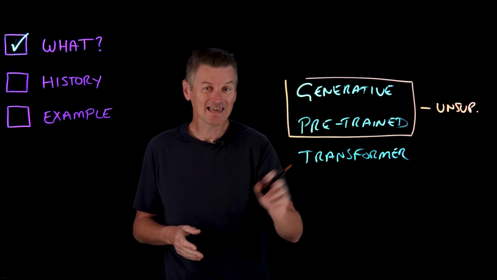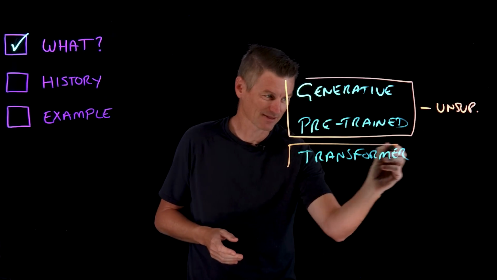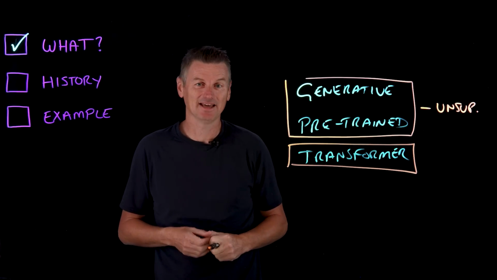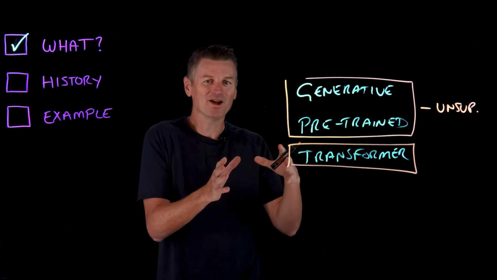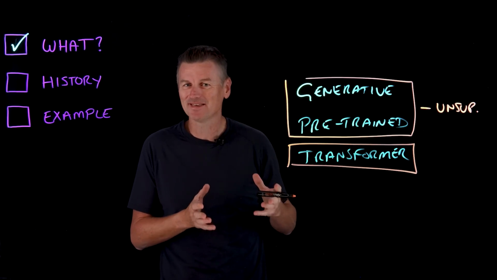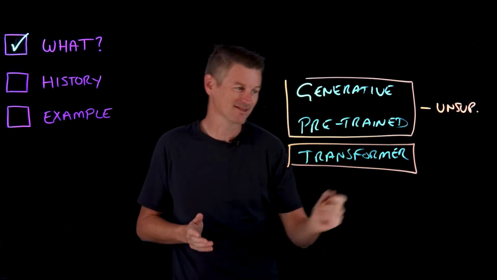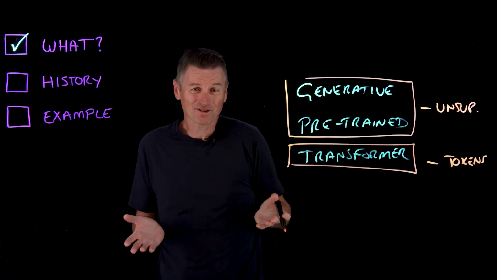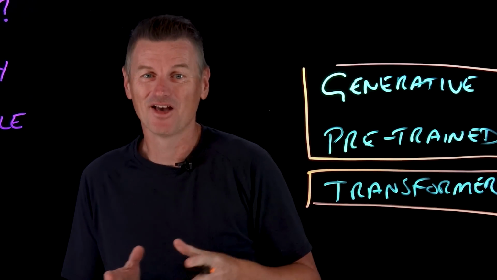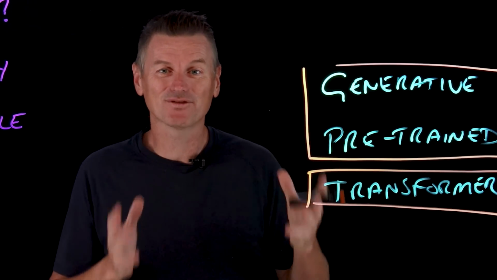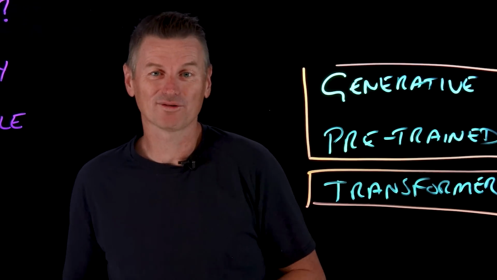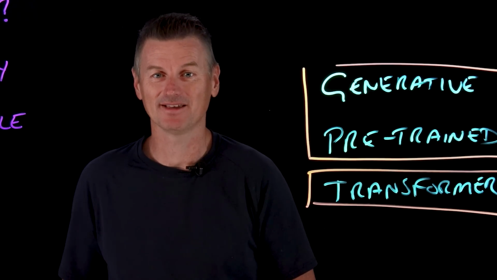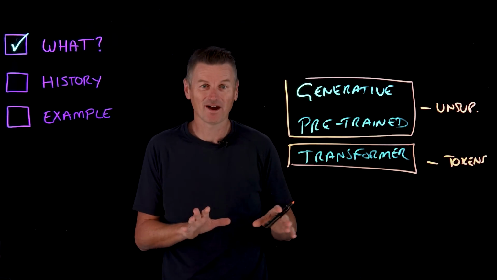Now, the T in GPT stands for transformer. Transformers are a type of neural network specialized in natural language processing. Transformers don't understand language in the same way that humans do. Instead, they process words into discrete units. Those units are called tokens, and those tokens are smaller chunks of words or characters that the model can understand. Transformer models process data with two modules known as encoders and decoders, and they use something called self-attention mechanisms to establish dependencies and relationships. So let's define what those are.